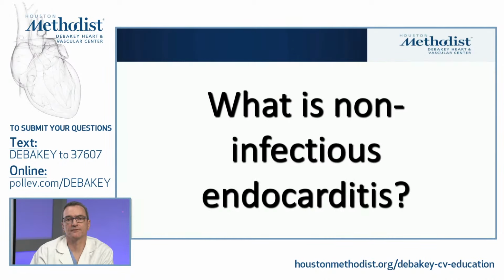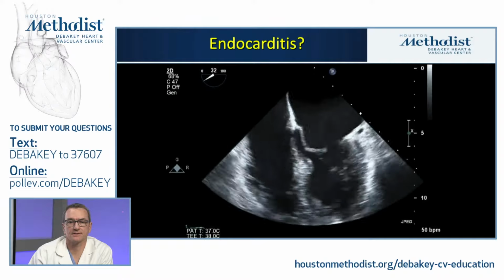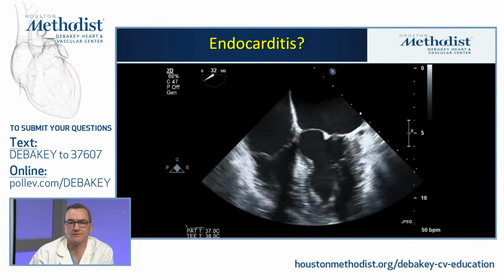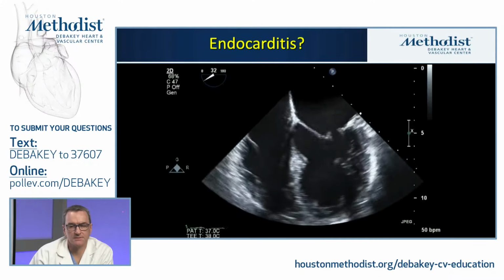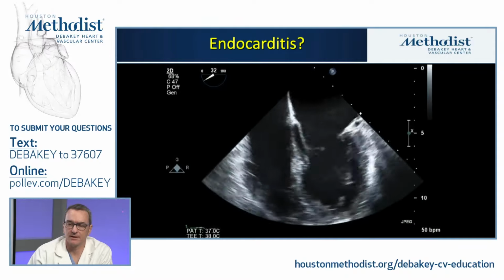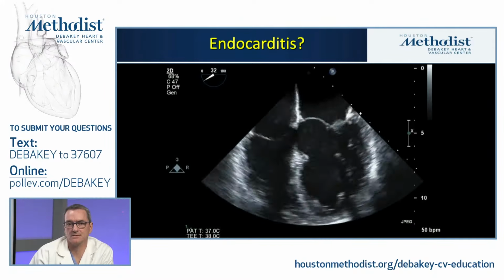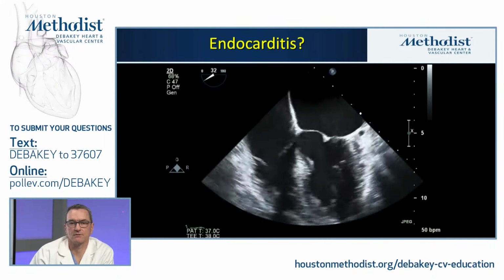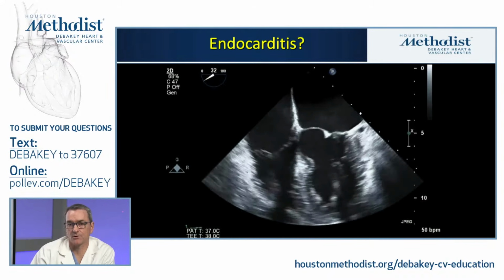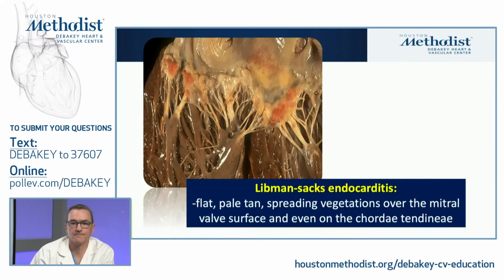So to touch briefly on the notion of non-infectious endocarditis, in this 4-chamber echo, if you look closely again at the mitral valve, you see some very small, friable material, looks almost like carpeting on the very tips of the valve. So quite unique in terms of what we would generally identify. It would almost be considered a Lambl's excrescence if it were on the aortic valve, but it's on the mitral valve. So this is an example of Libman-Sacks endocarditis.